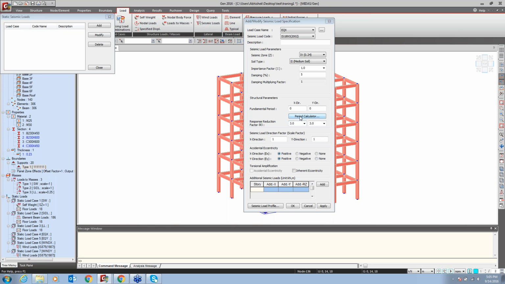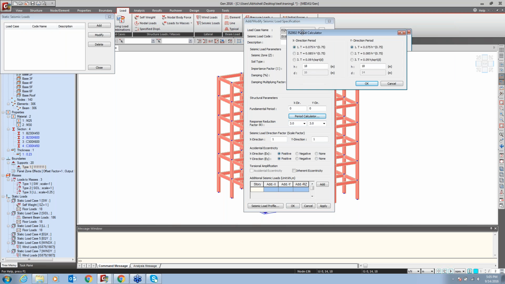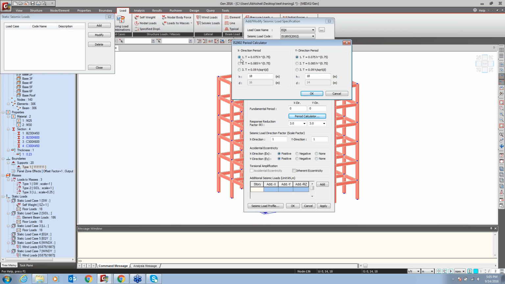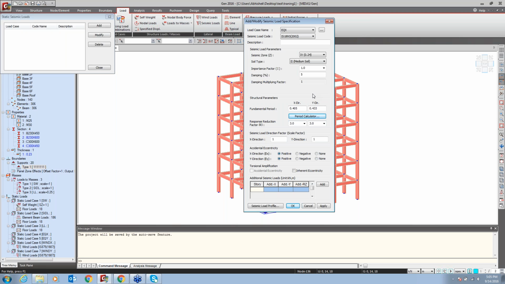So if I click on the period calculator, the program will ask you based on your code formula. You can see 0.075 without brick infill panel and with brick infill panel. So these two options are available. You have to choose it. Based on that it will calculate your time period. I just select this one formula, then R factor is 3, then X is 1, Y is 0,